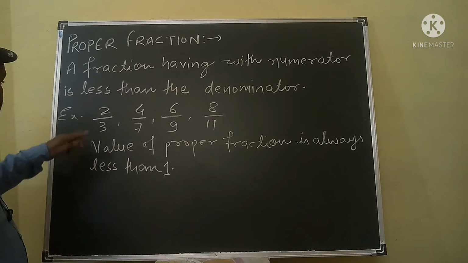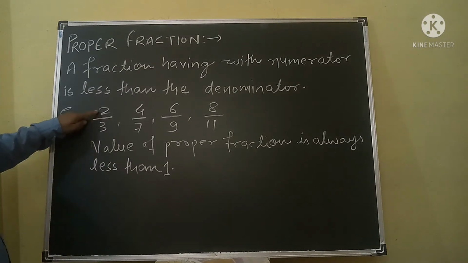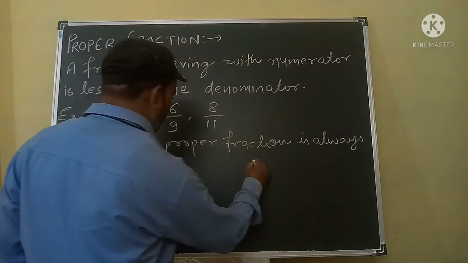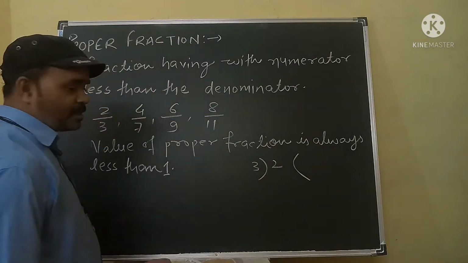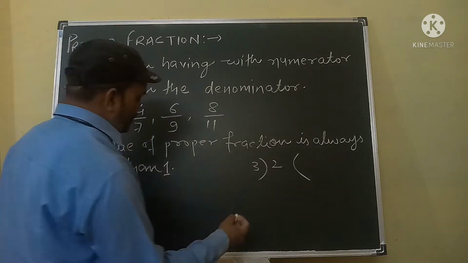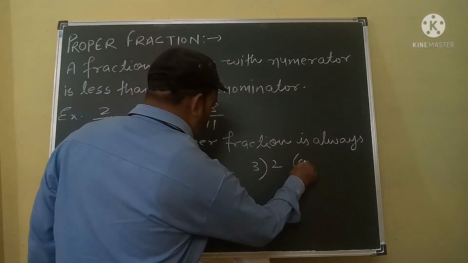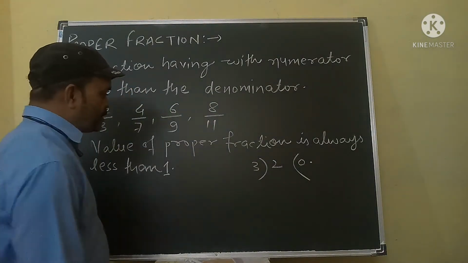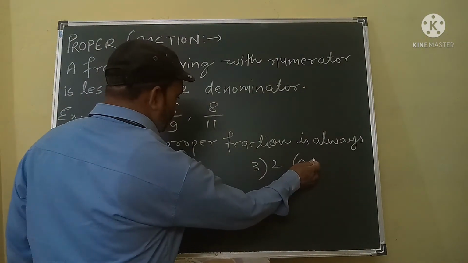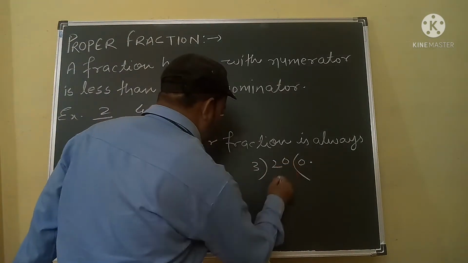That means, suppose look here, this is 2 upon 3. In 2 upon 3, 2 is the numerator and 3 is the denominator. If 2 is divided by 3, now look here, this is the example of division with decimals. 2 is not divisible by 3, so what will you do? We take 1 here, 0. After 0, we put one decimal point here. Instead of this decimal point, we put one 0.